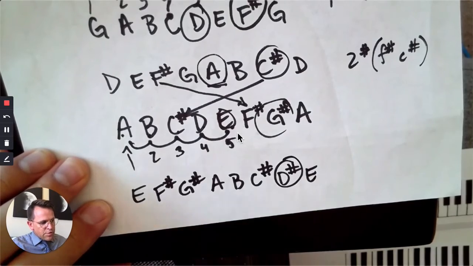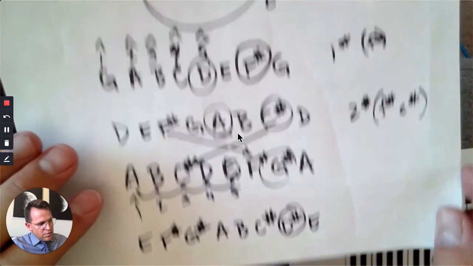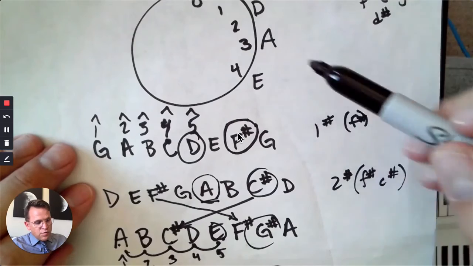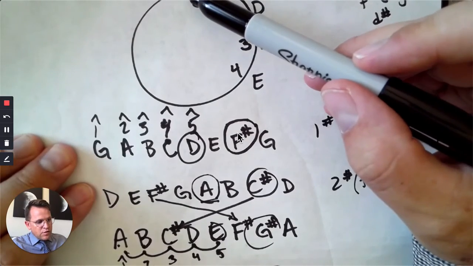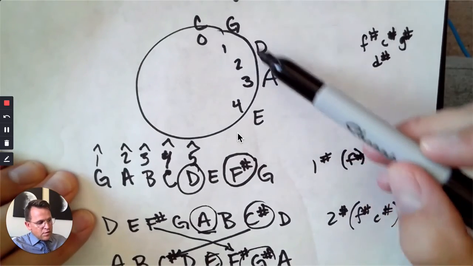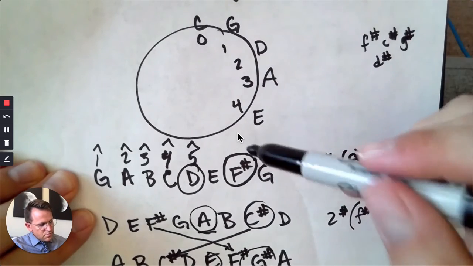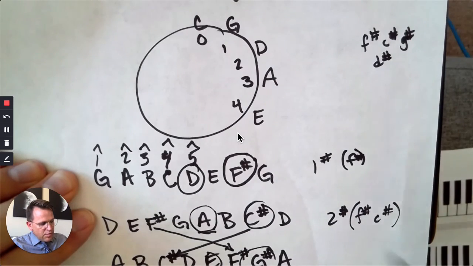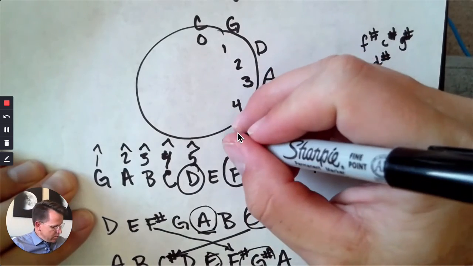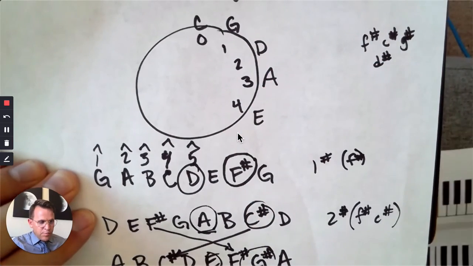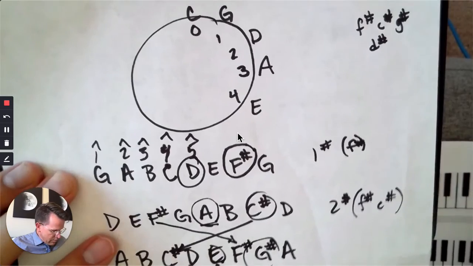So the new sharp is always that leading tone, but the other thing that we're noticing is that it also follows the circle of fifths, or the order of sharps follows the circle. Our next key would be B, and it looks like I'm getting a little bit crowded here, so I'm going to start a new circle on another page and fill it out a little bit cleaner.